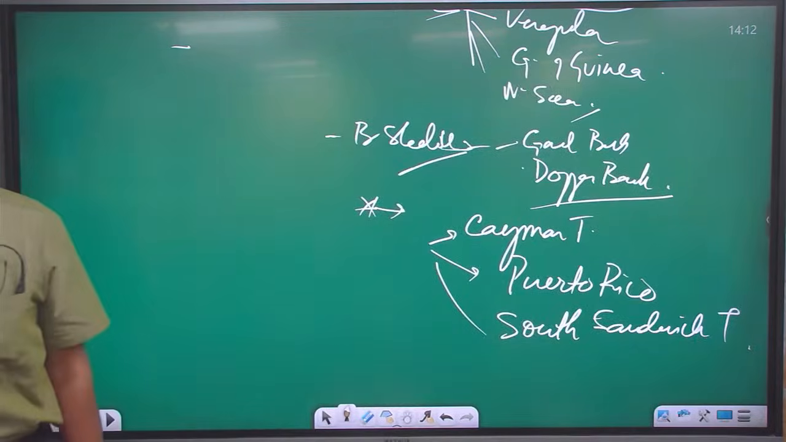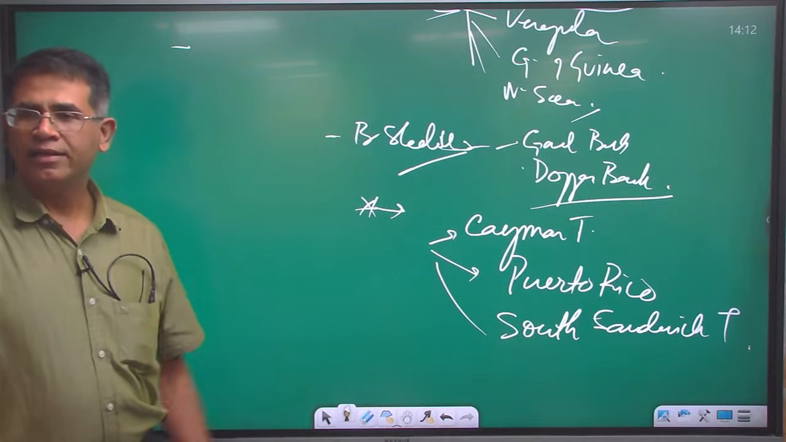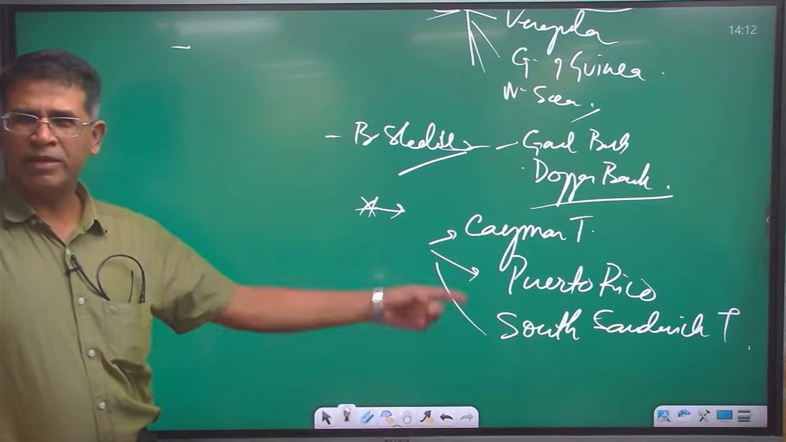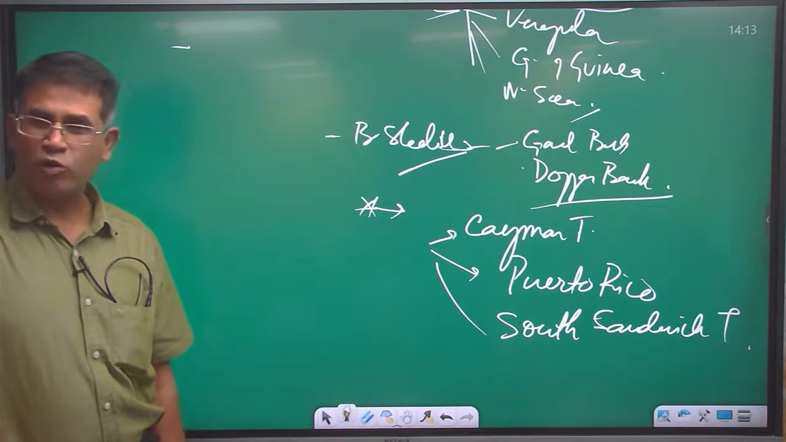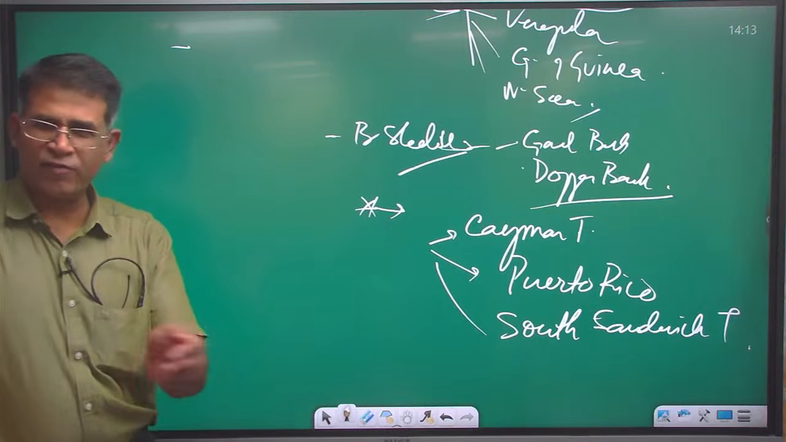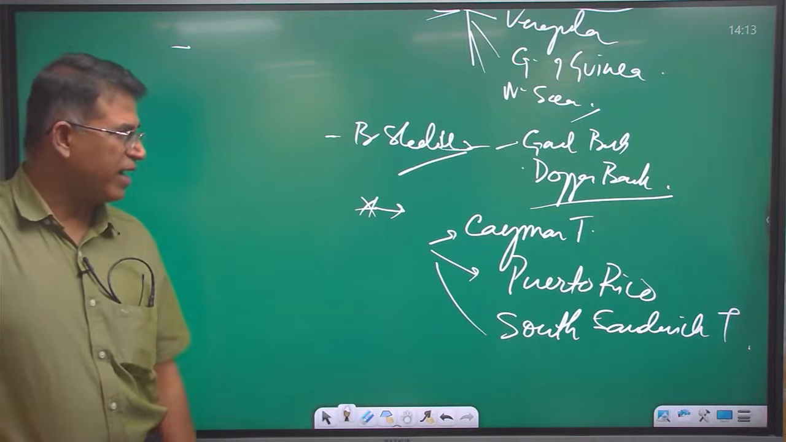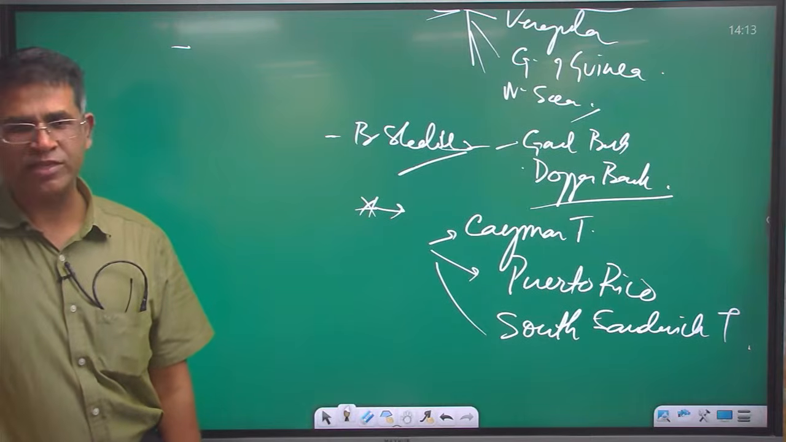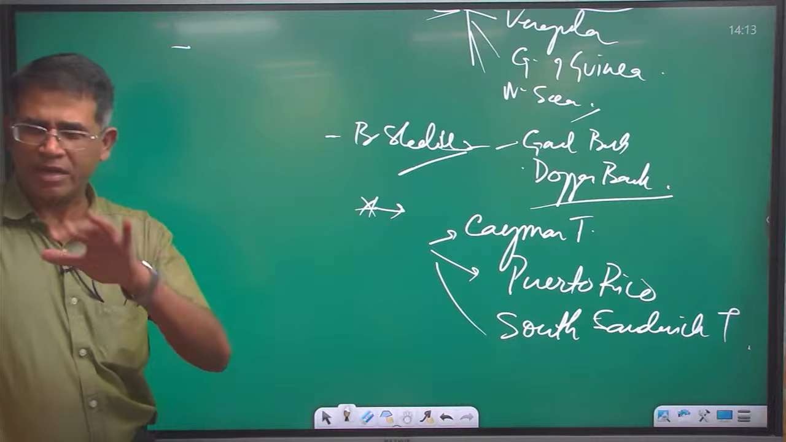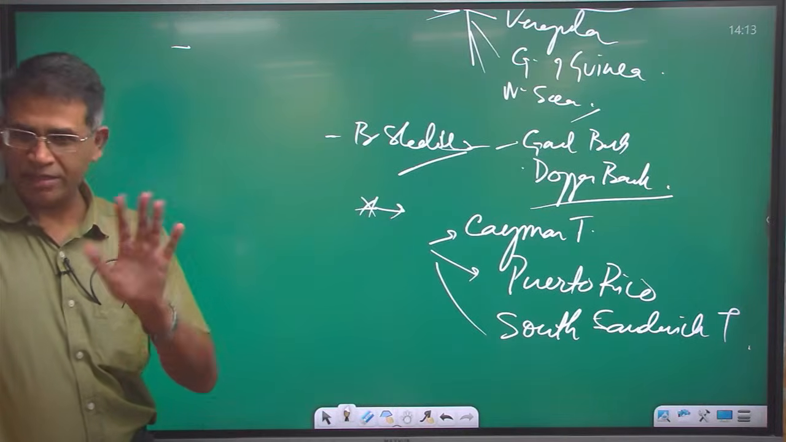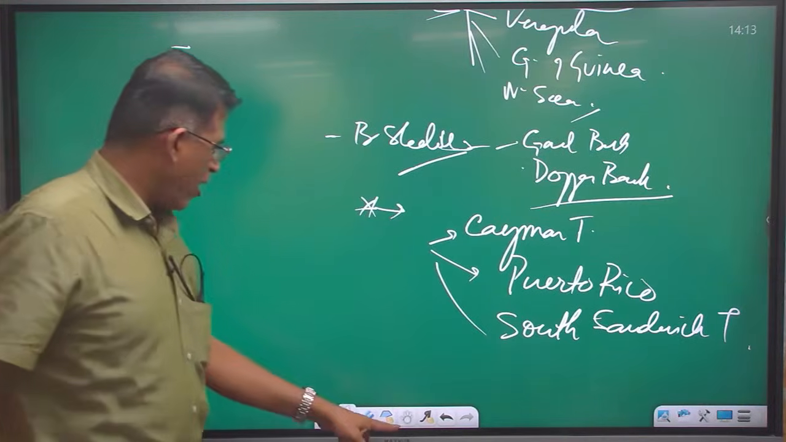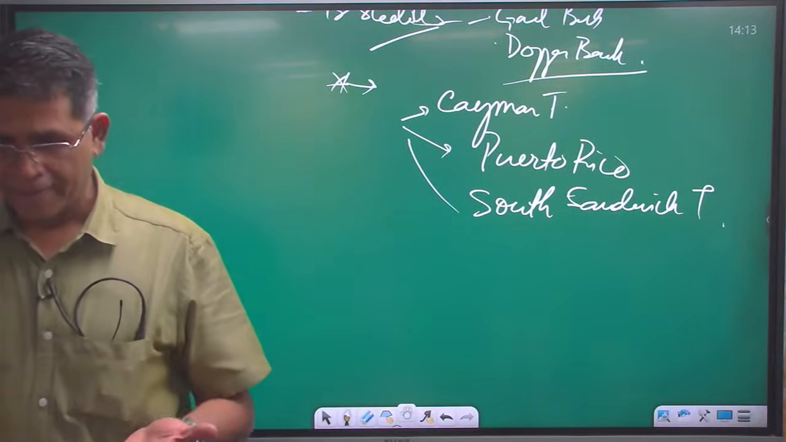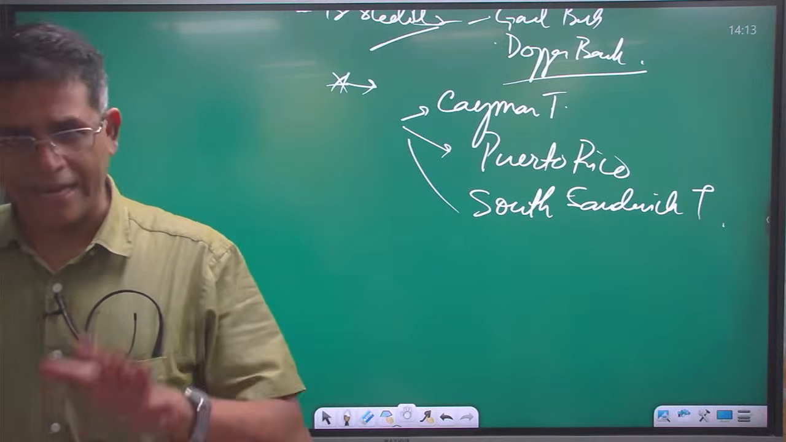The Cayman, C-A-Y-M, Cayman Islands on the Caribbean side. Cayman Trench, I think it's a British dependency. Cayman Trench, Puerto Rico Trench, not far away from Cuba, and we have South Sandwich Trench. And they're very small, not really remarkable, okay, in terms of its size. And you can add one point here, that the Pacific Ocean is again